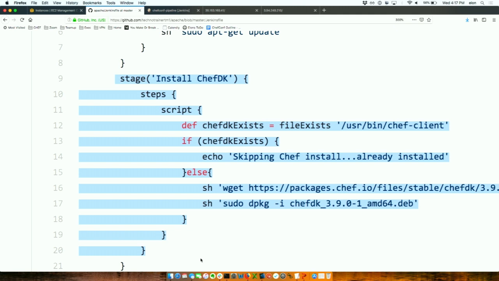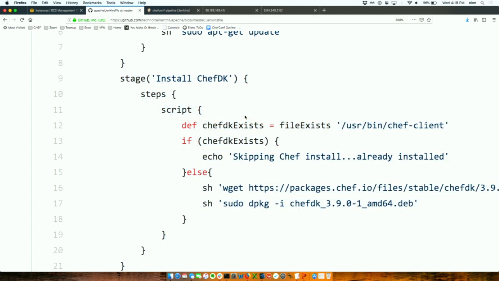Yep, need it for inspect. Anything else? I'm sorry, what? Yeah, I'm uploading a cookbook to Chef server, and I'm doing a knife SSH into the nodes. So for all those things, I need Chef. Again, that would probably be in your Docker container previously in your image, but I wanted to show you every step. And what I did here was I surrounded it